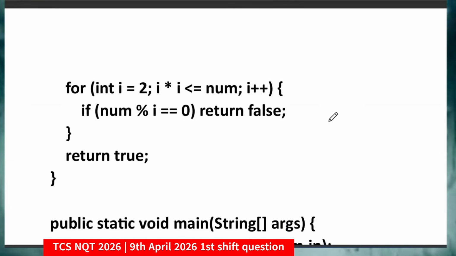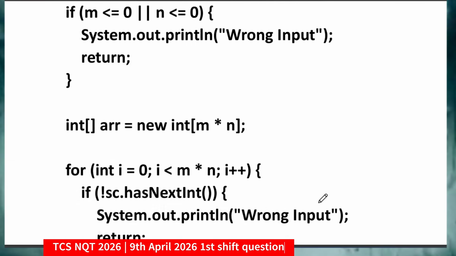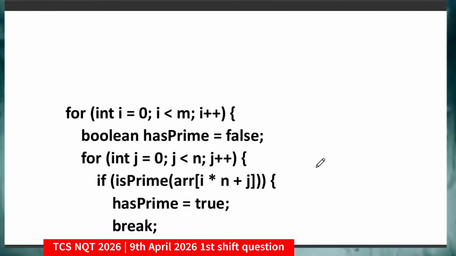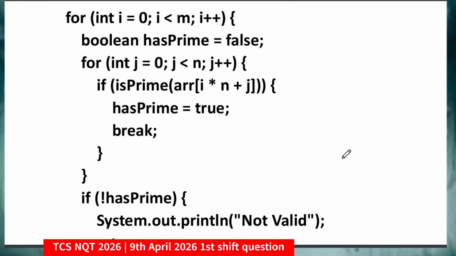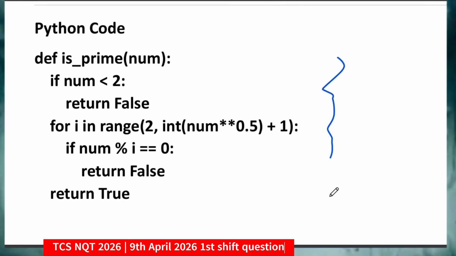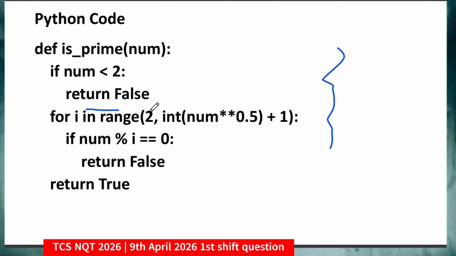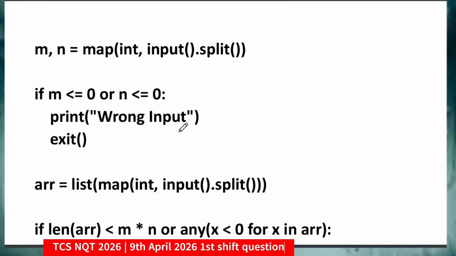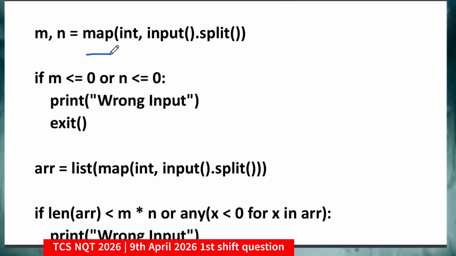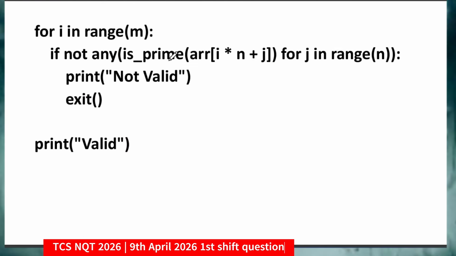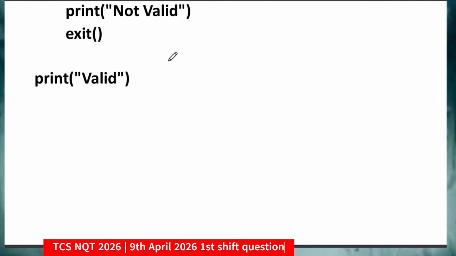The Java solution is quite easy. Just go through it. The logic which I explained, just follow it. You just have to use the scanner and nothing else. Python is also quite easy, so go for it. And best of luck to the candidates who have the exam. Here I'm using for i in range up to int(num**0.5) plus 1, and if num % i, the prime number concept I'm applying here, and I'm using map to take the input. Remember, the input scenario might be different in your case, but you have to grasp the logic and go to the video related to how to take input.